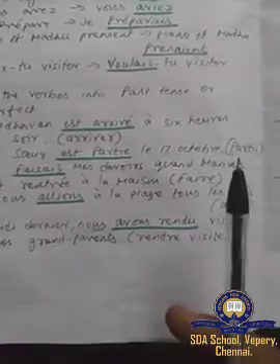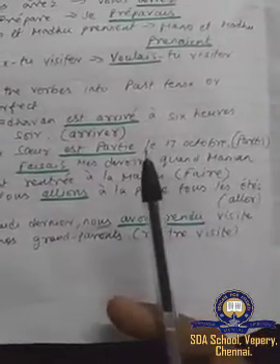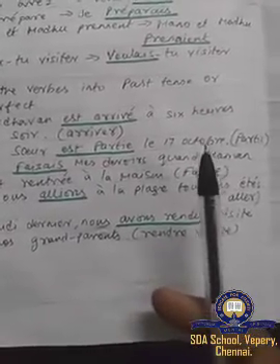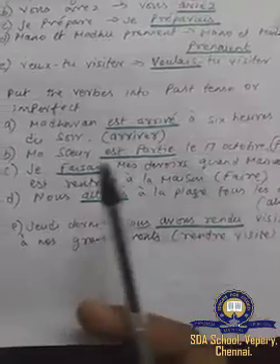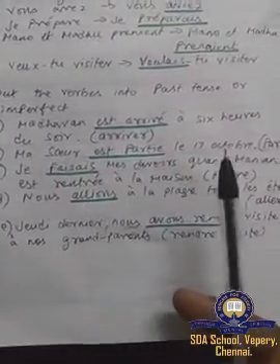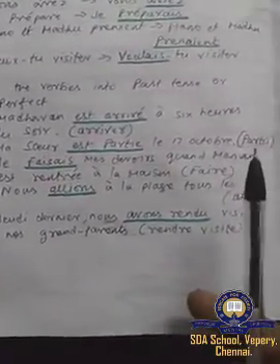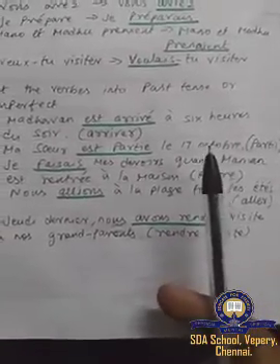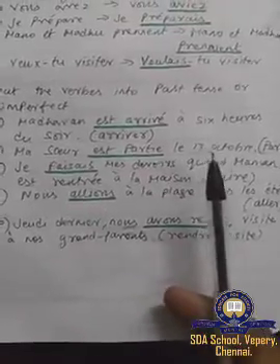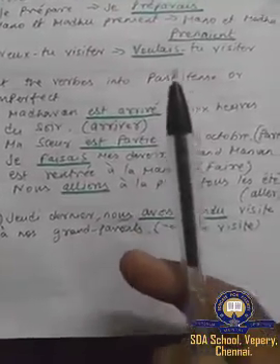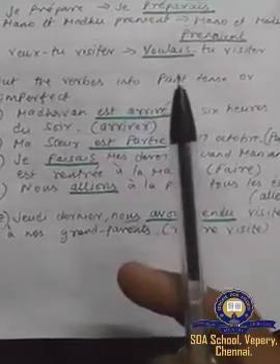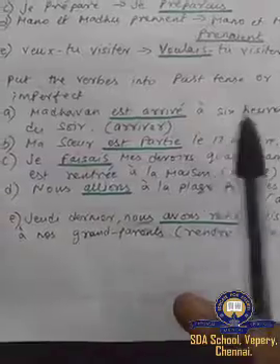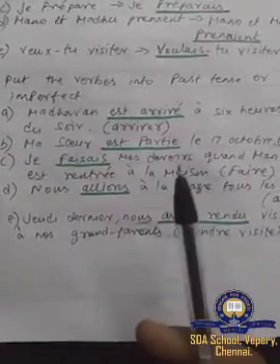Verb partir, P-A-R-T-I-R. Then the time is given, the 17th October. Ma sœur dash le 17 octobre. Partir means to leave. The time is given, on that particular moment the action was completed. So you have to use the passé composé. It is a finished action. If it is finished, you have to use the passé composé. If it is rolling on, going on, or regular, you have to use imperfect. This is a finished action, you have to use